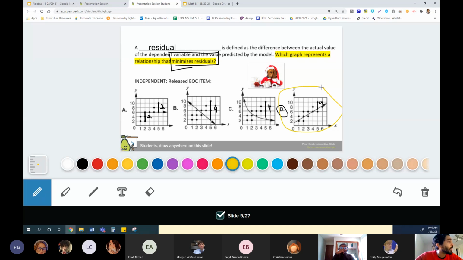So D is that. This is the only question I've ever seen on the EOC to talk about residuals. We're not going to talk about this again. We're going to talk about it today. That's it. And then we're going to talk about it a day or 2 days before the EOC. I'm going to give you this exact same slide again, and we'll say, hey, what are residuals? Oh, yeah, it just means the line that actually fits. Just in case you get this question, I want you to be prepared for it. The next topic is